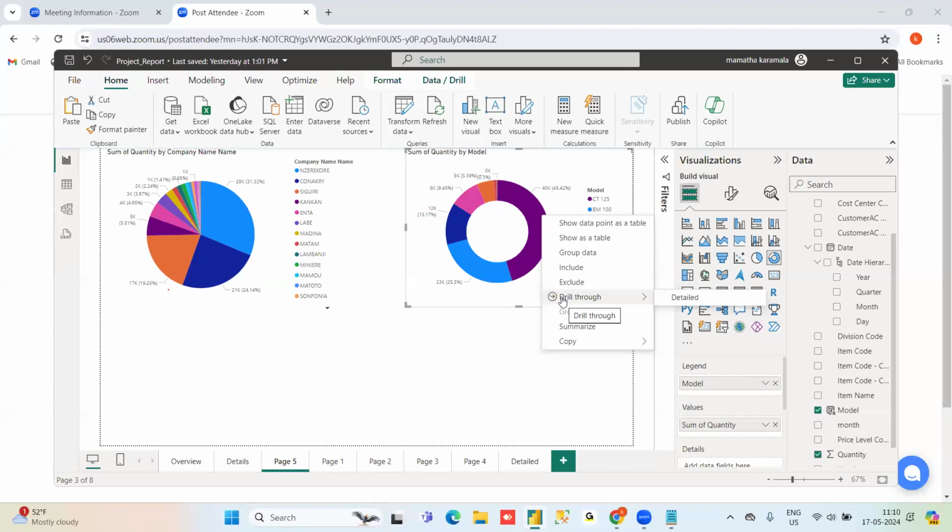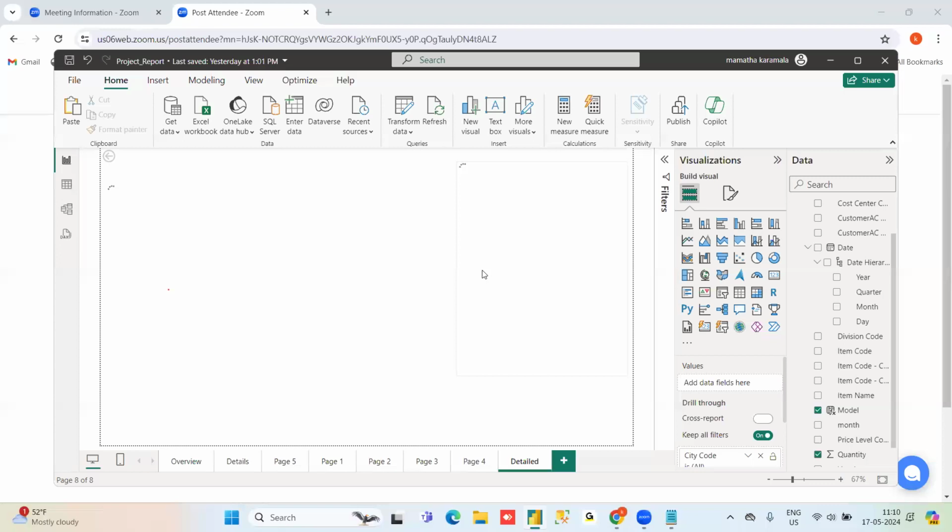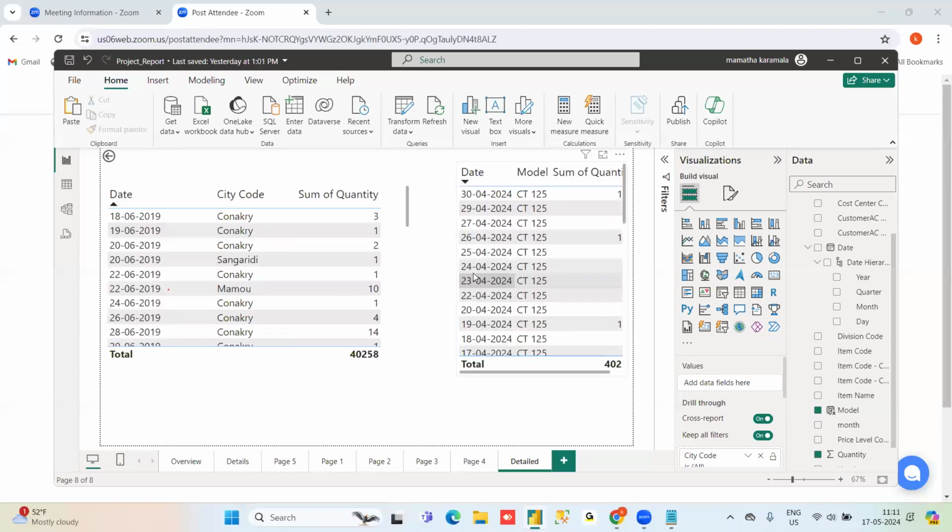Here the consolidated data is showing, but I am interested in checking what the detailed data is. Then it will go to that detailed page and explain only that particular part of the data.